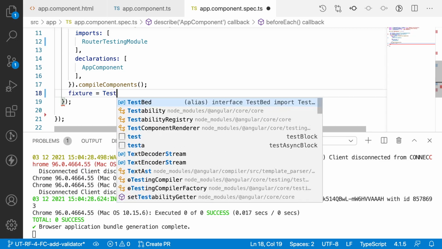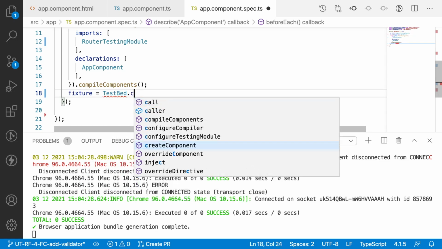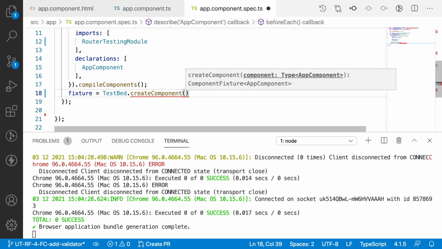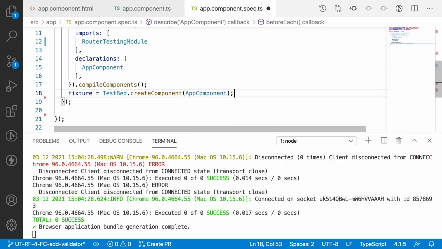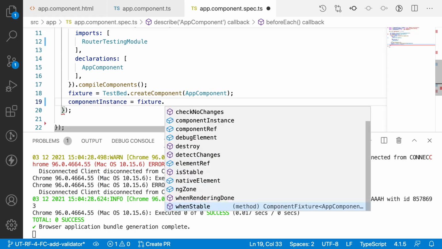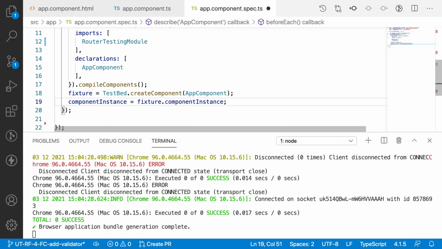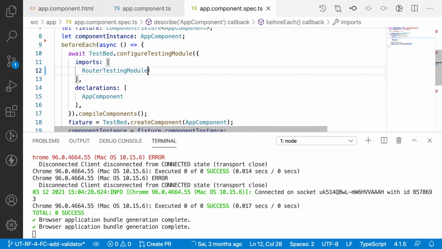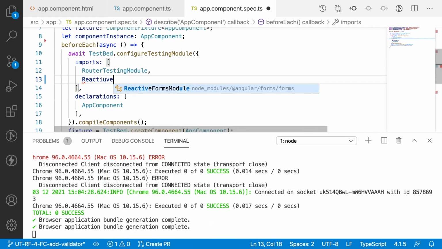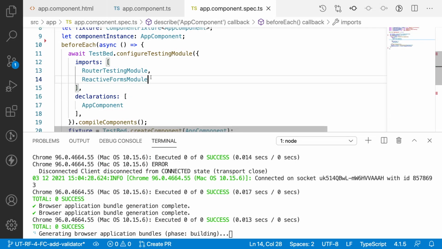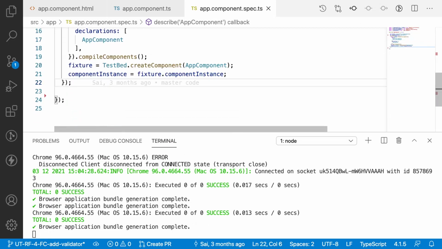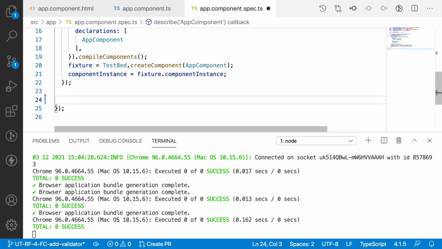Fixture is equal to TestBed.createComponent of AppComponent. I have created the app component fixture, and also let me assign a component instance value from fixture.componentInstance. So this is assigned to the componentInstance variable. Let me save this, and here we are using a module called ReactiveFormsModule. So let me import it, and I have imported the ReactiveFormsModule, so I can use it in my spec file.